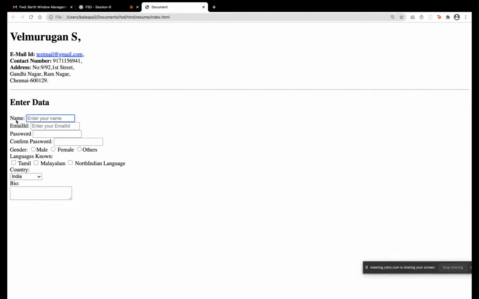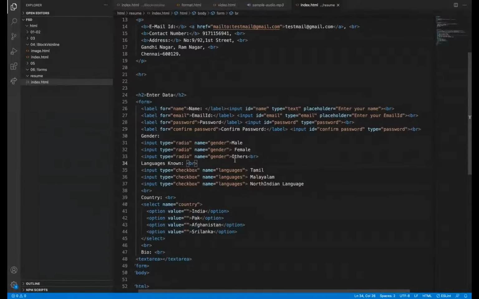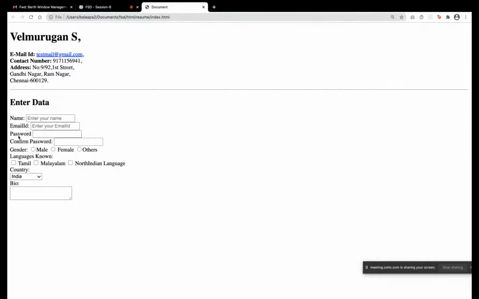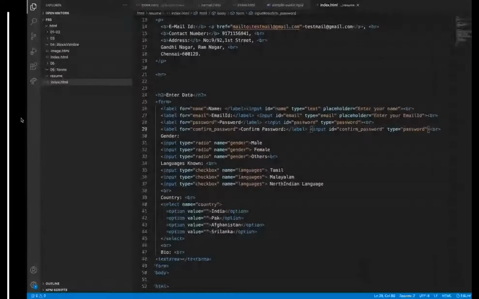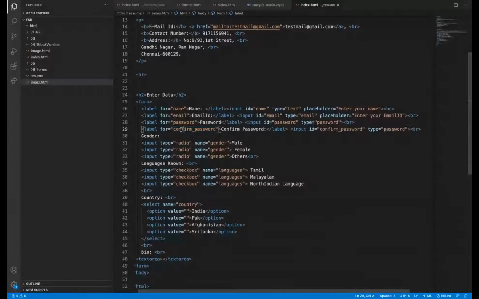I'm just clicking on the label. It is getting focused. So we have achieved that. We have related. Why is it not working here? It should not contain any space. So I use an underscore in between that. See, this is what I told, that they should not type any spelling mistake. There was one.